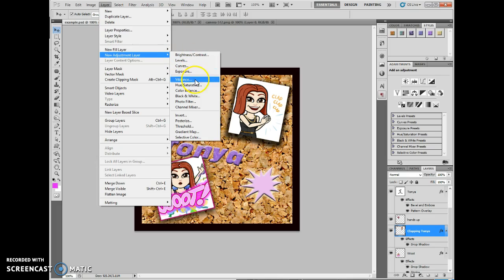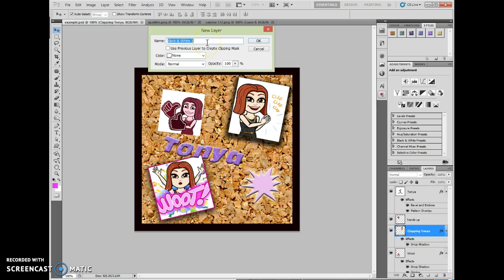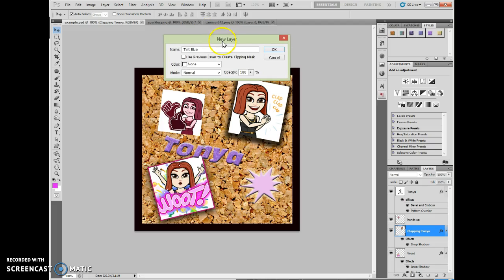So if I go into this one, let's say I'm going to tint it, so I'll go into my black and white. This is going to pop up, and I'm going to say tint blue because that's what I'm going to use this layer to do. Now you're going to want to get into the habit of check marking this box. Now I'm not going to check mark it so you can see what it does, but you're going to want to get into the habit of check marking the box to do what we call clipping it, like taking a paper clip and clipping it to this picture. Okay, just keep that in the back of your mind. I'm going to click OK,